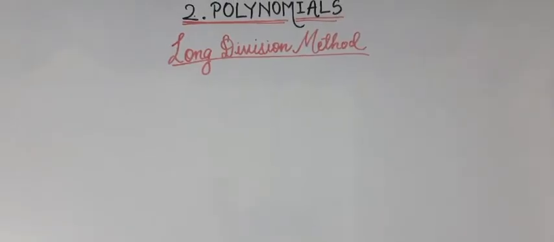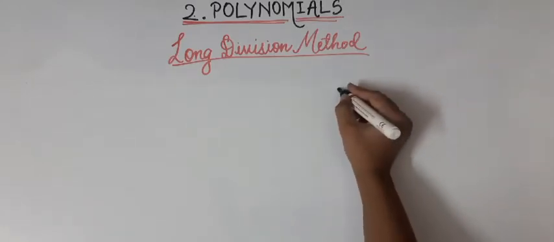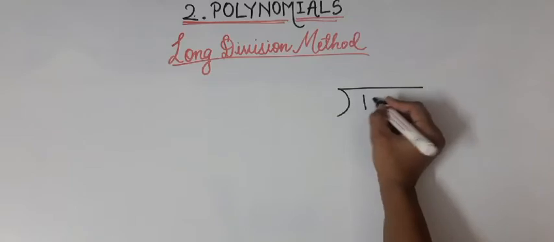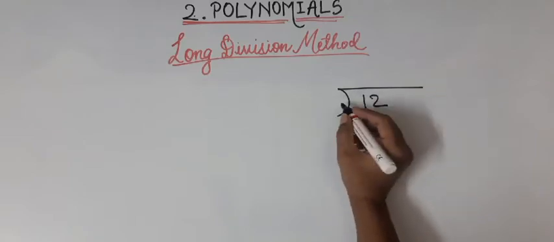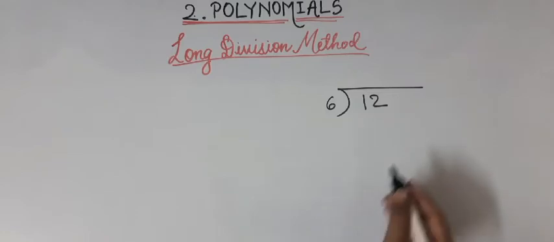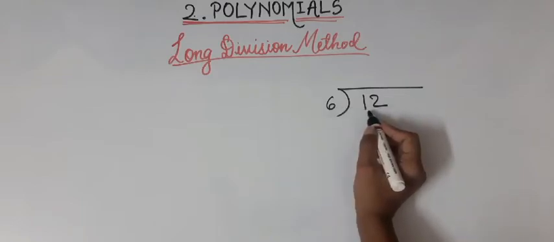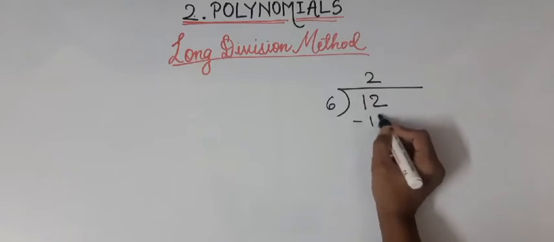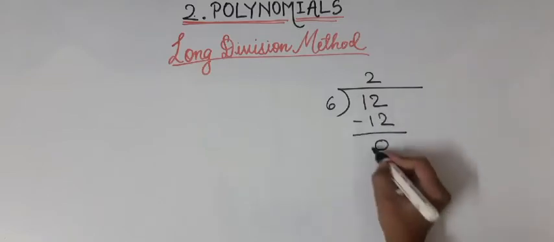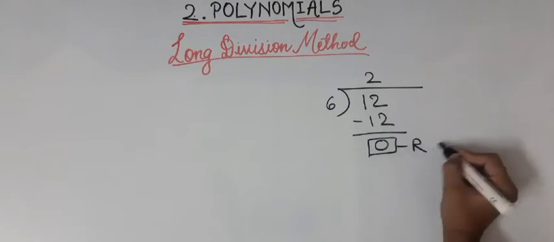So first we will see the long division method. Before starting this, let us quickly have a recap of the terms dividend, divisor, quotient and remainder. So if I divide 12 with, say, 6, how will you divide it? With what should I multiply 6 so that I will get 12 or the nearest number to 12? So 6 2s are 12. It is completely divisible. Remainder is 0. So this 0 is the remainder.